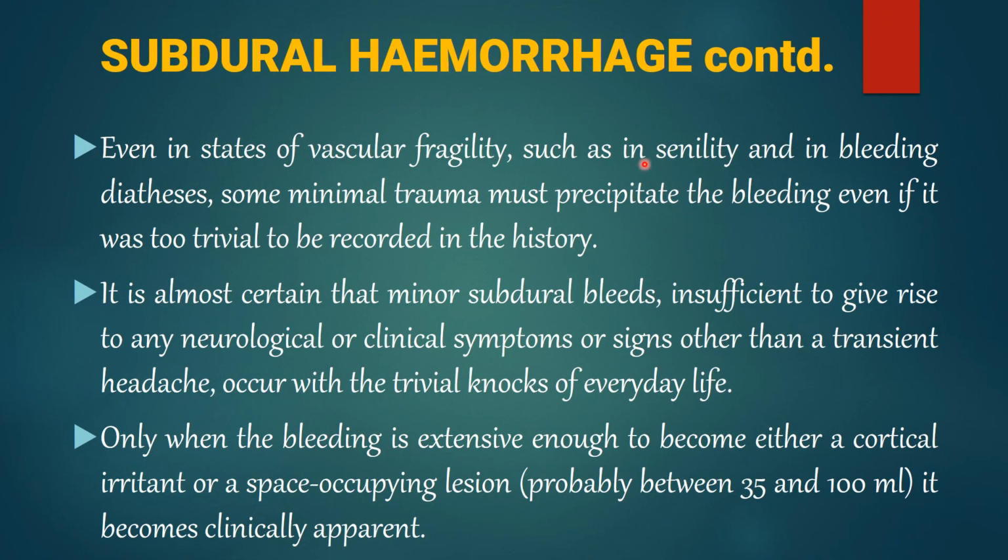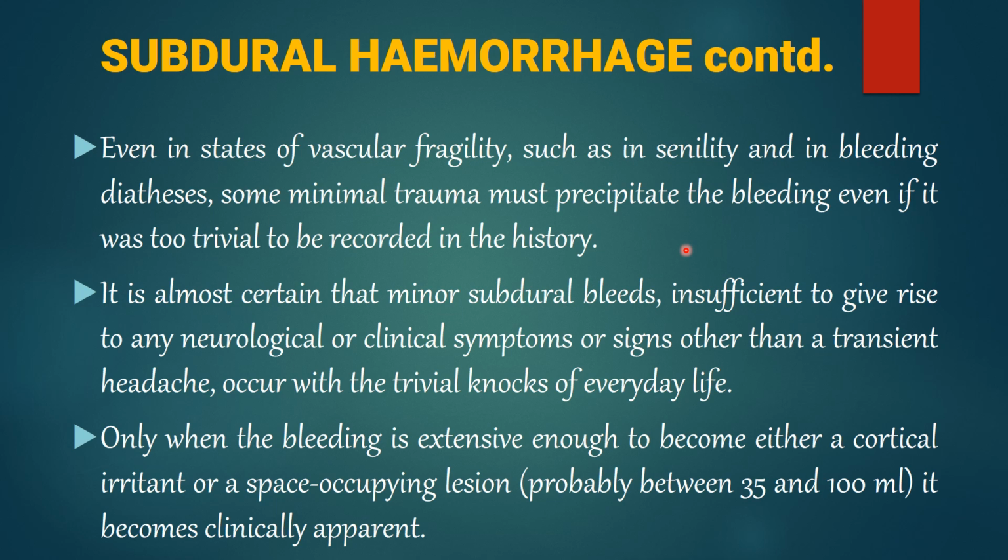These hemorrhages are also traumatic in nature, but as it happens in older individuals, the vessels are usually fragile, and also there is cerebral atrophy, so the vessels are stretched between brain and dura mater. So due to even a trivial trauma, one that the patient is unlikely to remember when giving a history, these vessels can rupture, which can lead to subdural hemorrhage.